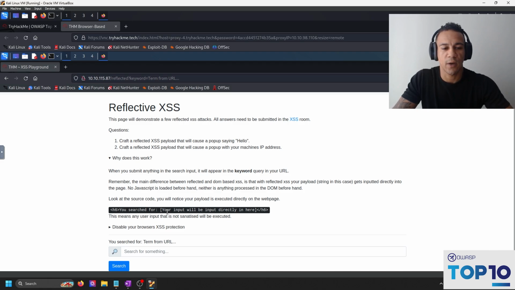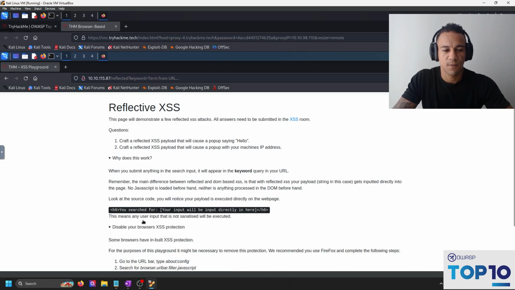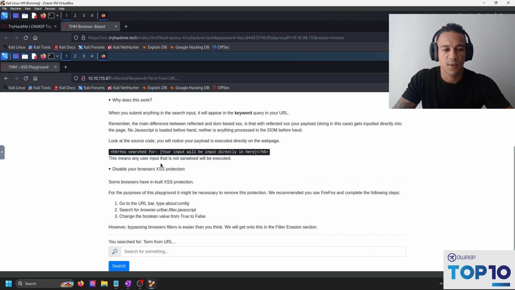H6, your search for XYZ, your input's here. This means any user input that is not sanitized will be executed. Now, disable your browser's XSS protection. Some browsers have built-in XSS protection. For the purpose of this playground, it might be necessary to remove this protection. We recommend you use Firefox and complete the following steps. Probably not going to have to do this, so let's just